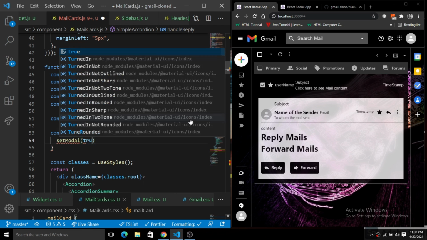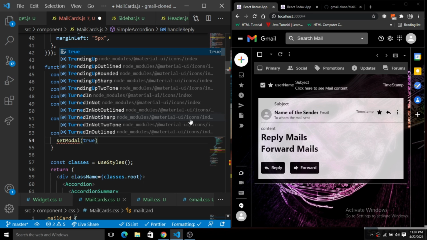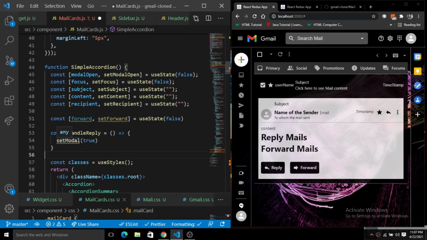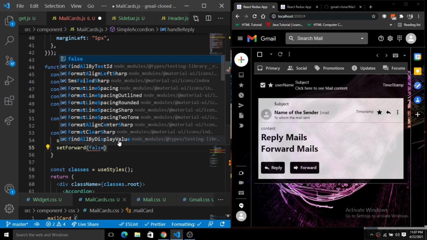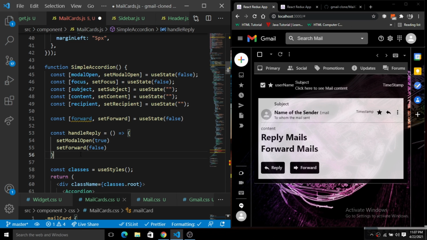It will simply update the modal here, so set the modal open true, and it will simply set forward back to false, because when we reply, we don't want this forward to be